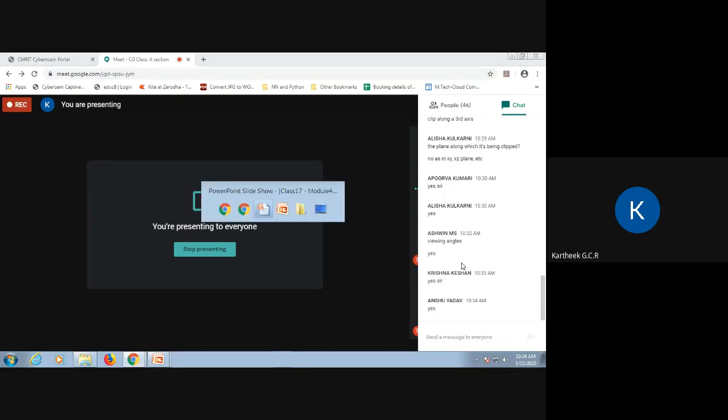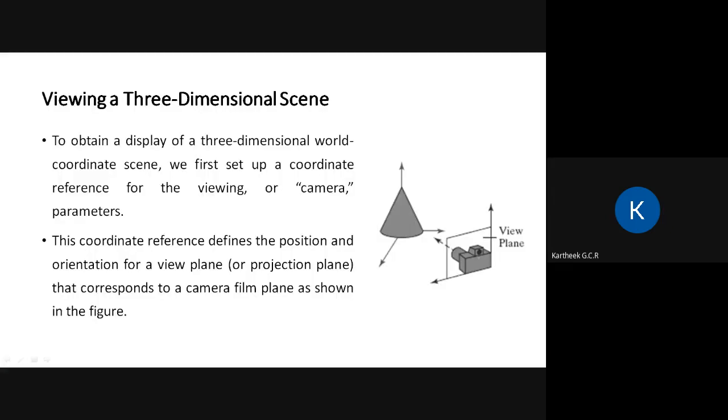With respect to that realistic analogy, if you consider your object here in 3D, you can place a camera here, and the viewing plane comes in between. In the typical camera that we have in reality, the viewing plane is actually behind or in the camera, but here the viewing plane can be in front of the camera also.